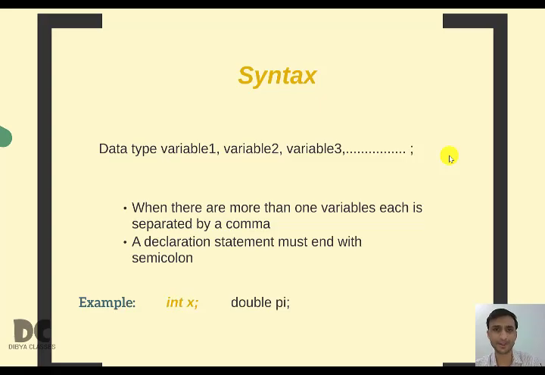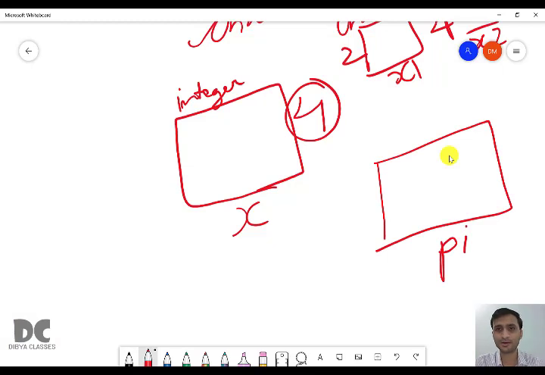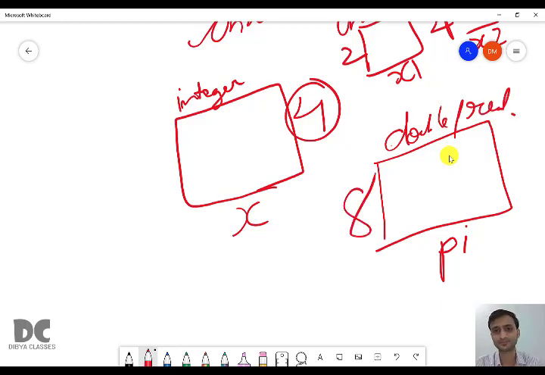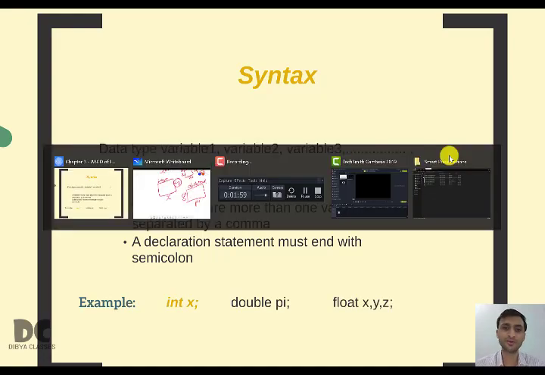Next, another example, double pi. So here the compiler creates a variable with name pi of type double, or you can say it can hold real values of size 8 bytes. The next, float x, y, z. Here what will it do?